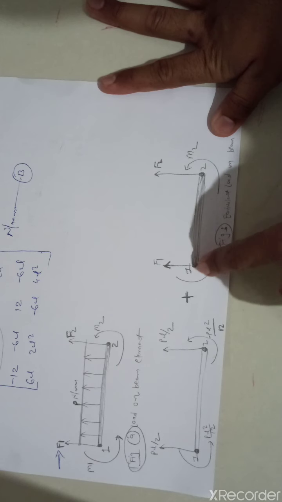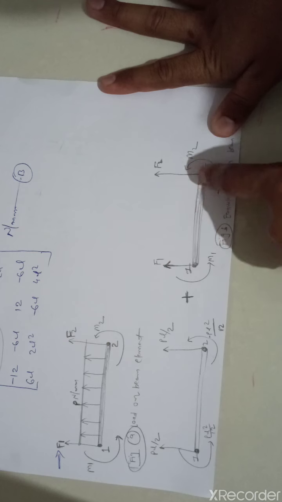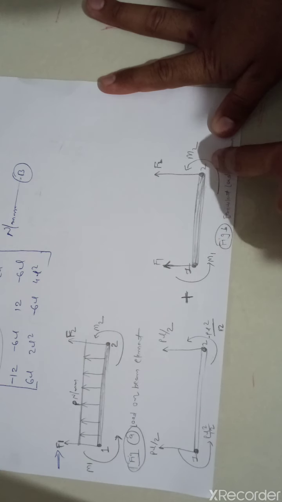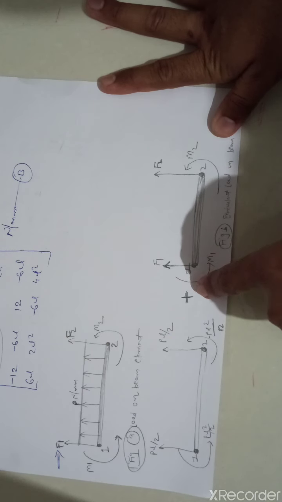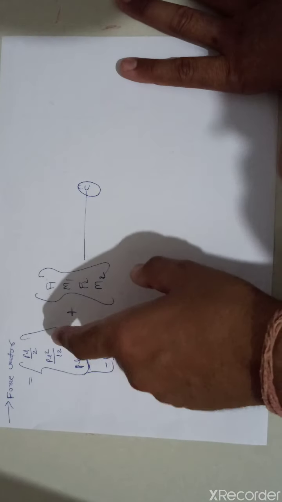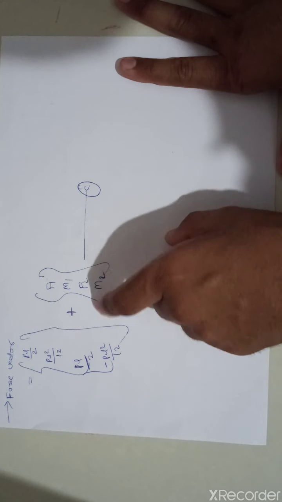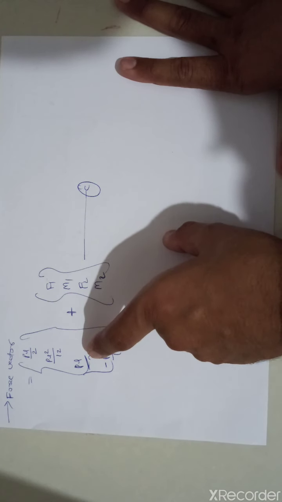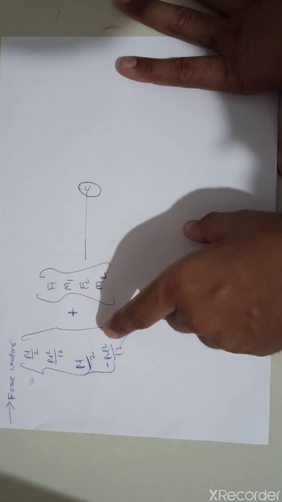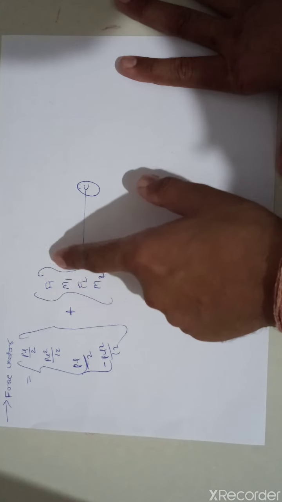Similarly, using this diagram, the force is F1, the force is F2 at node 2, the moment at node 1 is M1 and at node 2 the moment is M2. We write down the force vector, which is PL by 2, PL square by 12, PL by 2, minus PL square by 12, plus F1, M1, F2, M2.